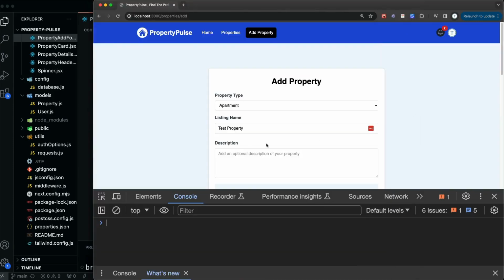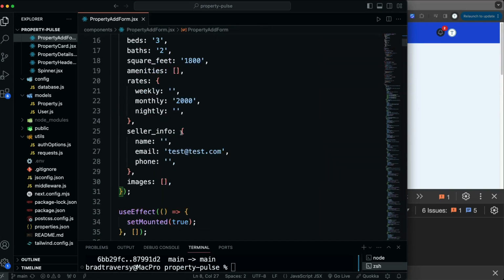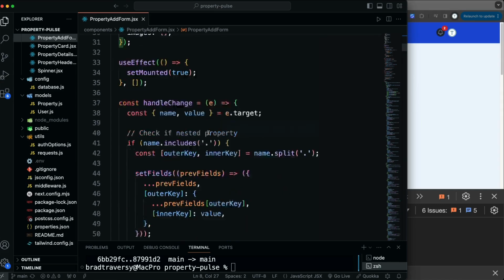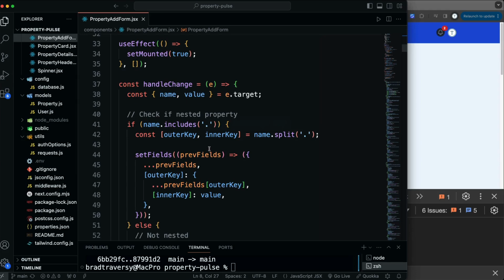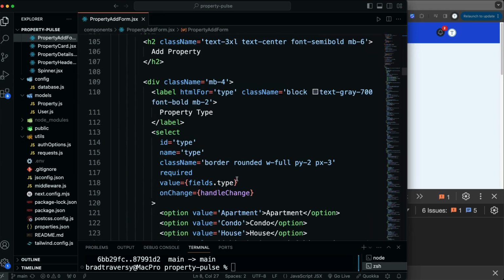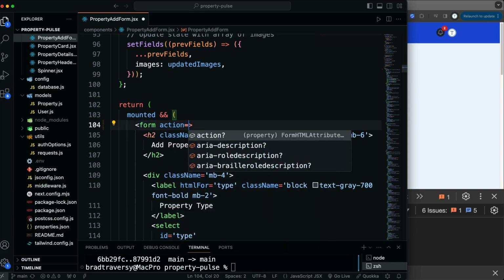So now that we have our form set with the change handlers, we need to handle the submission. All right, now there's a few ways we can submit. We could add an onSubmit and do it that way, or we could just simply add an action and a method to the form tag, which is the route that I'm going to take in this video, in this form. So let's come down to the form tag, and let's add to that an action,